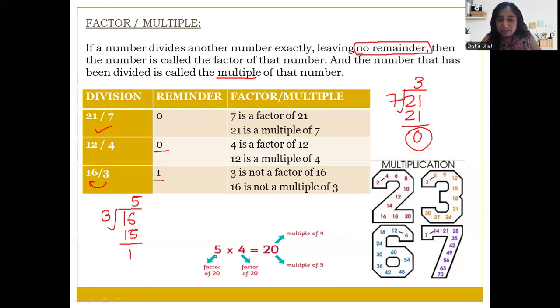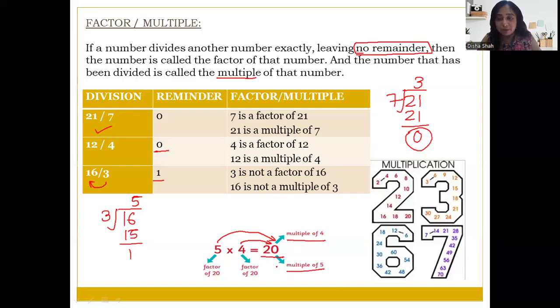Now here I have taken one example as 5 into 4 is equal to 20. So in this, which is a factor of which and which is a multiple of which? So 5 is a factor of 20, 4 is a factor of 20, and 20 is multiple of 4 as